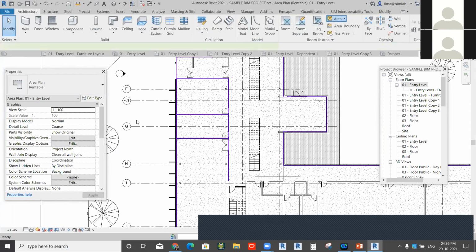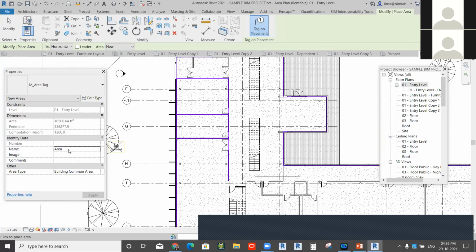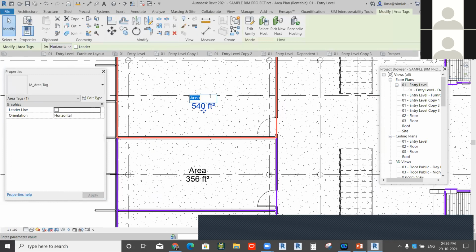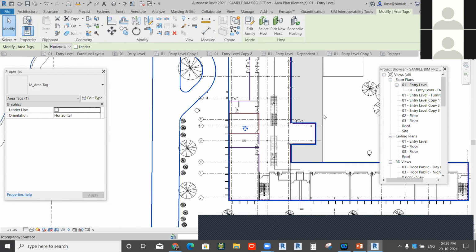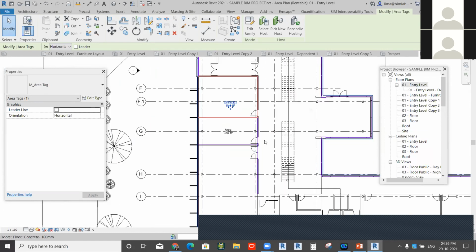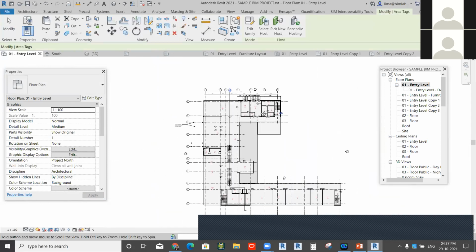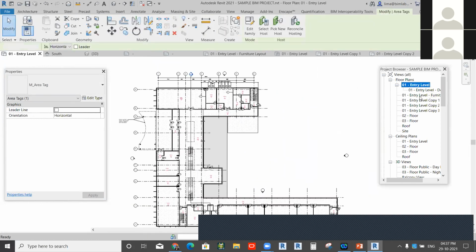Then you can place your own area types and area names. The area types in this category include whether it is an office area, exterior area, floor, major vertical penetration, store area, any option. Individually, you can tag that one. The name, you can change that one. This is the area option. After placing the area or any room tag or anything, you can go for the color fill legend option.